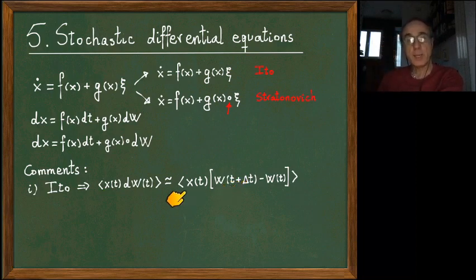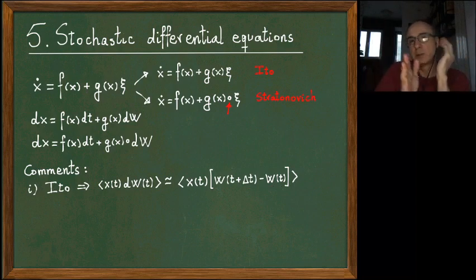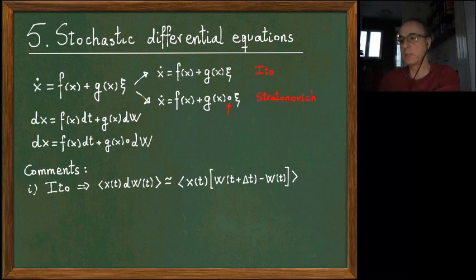So now remember the main property of the Wiener process, that the increment is independent of W(t), and not even just of W(t), it's independent of all the past. So this is the motion of the Brownian particle in an interval of duration delta t, and it doesn't depend on W(t) or on the past. For that, you need also the Markovian property. But essentially, these two are independent. So this and this, x of t, because x of t is a solution of the differential equation, so it depends only on the past. So these are independent stochastic variables.